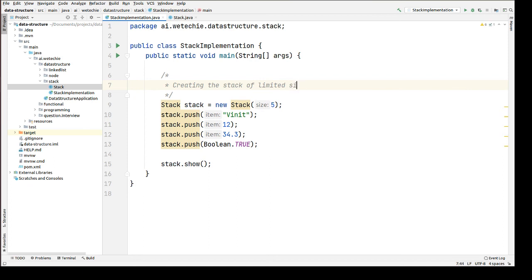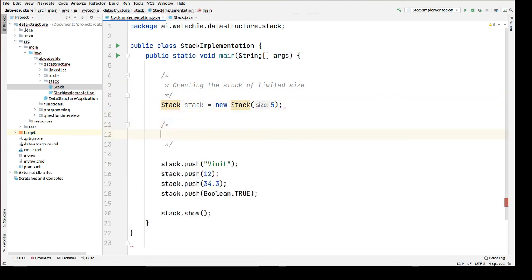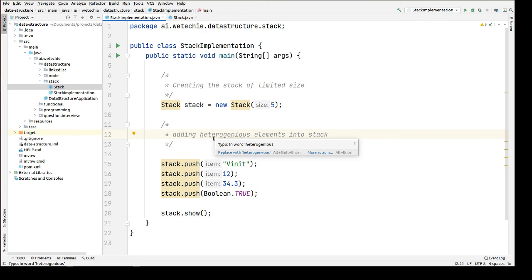Now adding heterogeneous elements into stack, right?